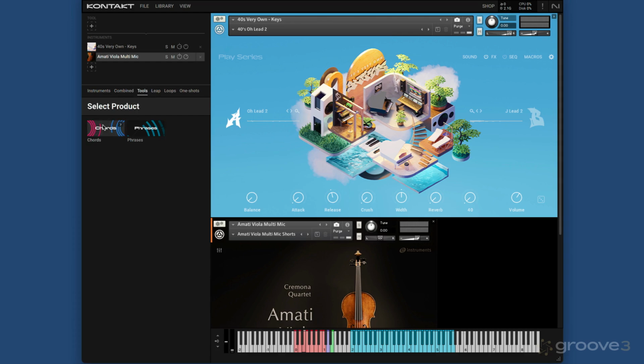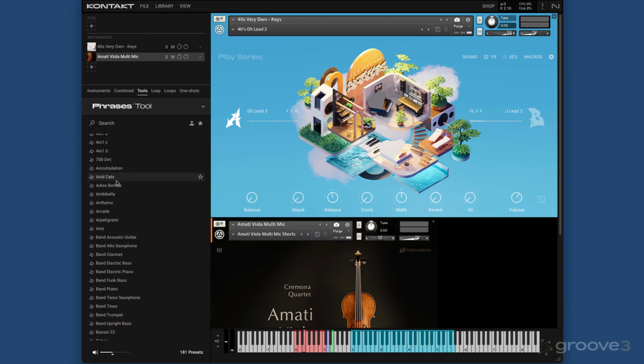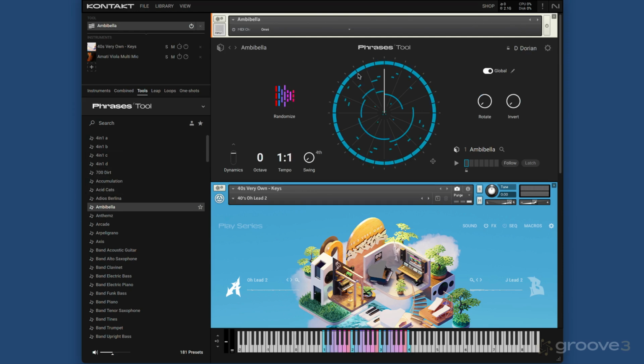Tools is where we'll find the new chords and phrases, which are fantastic new ways to transform and generate melodic ideas. So for example, here I've got these two sounds layered, but I'll load in, let's say under phrases, I'll just choose one of these, maybe something like this. Double clicking, and I've loaded it in here. Now when I play,